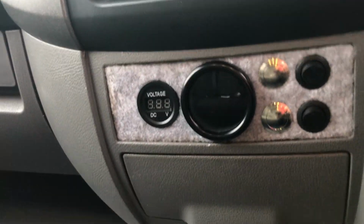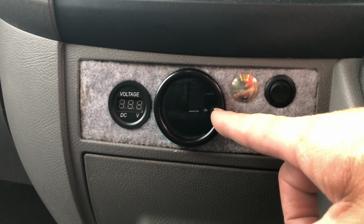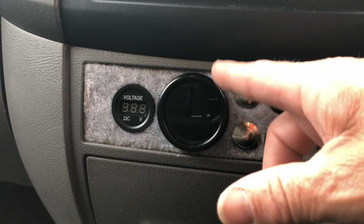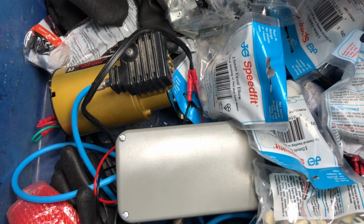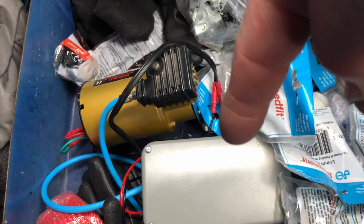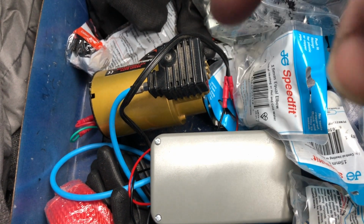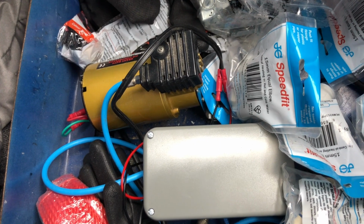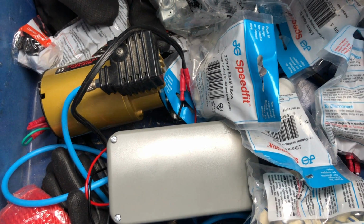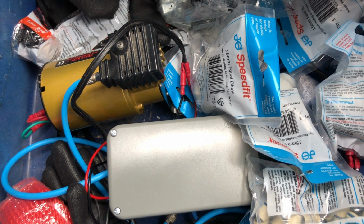That whole system there, these switches I had in stock. This gauge was 50 odd quid, something like that, from eBay, and I had that in stock as well, I suppose. Now it does look a little bit messy, but all the controls are in here, which is just a valve, and it's like a solenoid. So there's the pump, it's all in there, completely contained. Have to worry about the mesh because obviously these JG speed fits are for the water system. But just say turn it on, there's the pump,